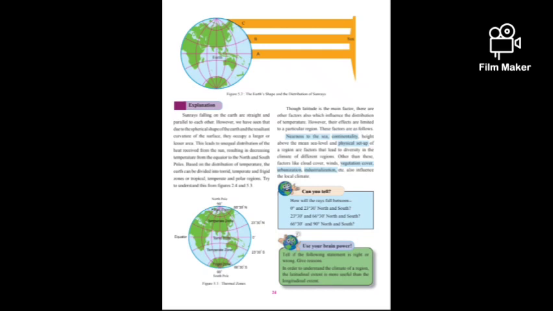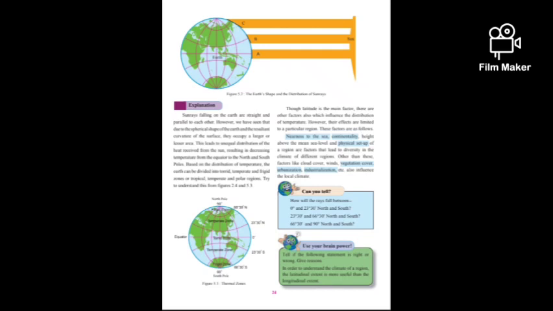Did you understand this, children? Yes. So the same thing happens with our planet Earth. Near the equator, at the center, in the torrid zone, the sun rays fall perpendicular. As the sun rays fall perpendicular, less area receives more heat. Area is less and the heat received is more. That is why here the climate is extreme. It receives more heat.